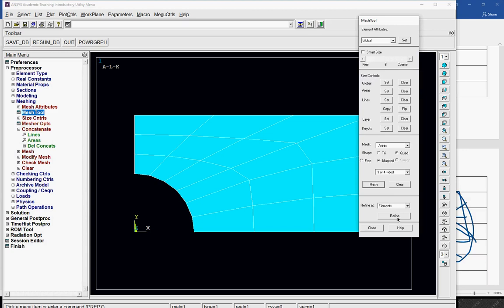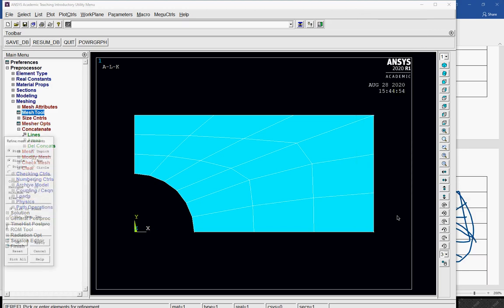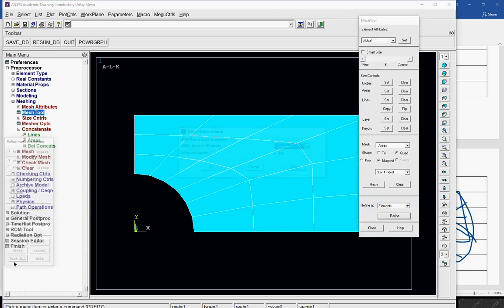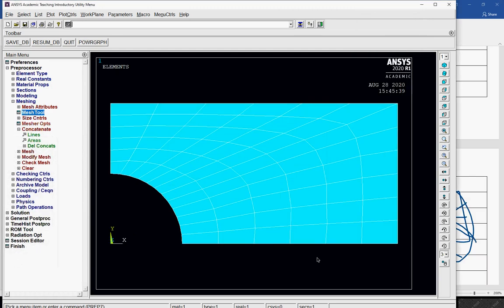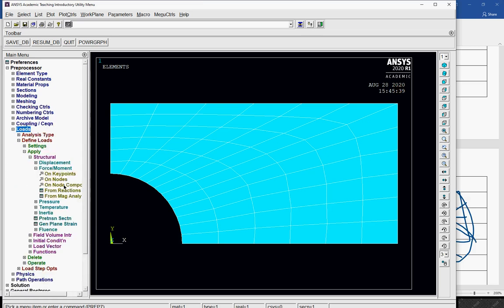So I may go for refinement. All requirements I have done. So now you can see, whatever boundary condition I'm going to apply, my mesh is trying to mimic that boundary condition, and that is why I am going to get a more accurate result with the rough mesh.